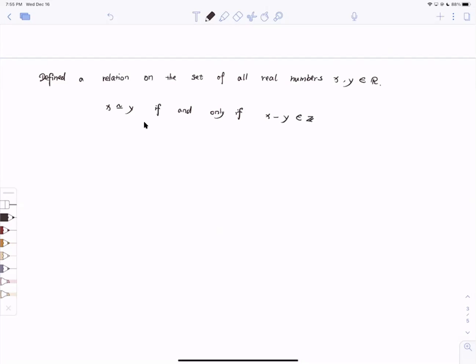And then they want you to prove this is an equivalence relation and find the equivalence class